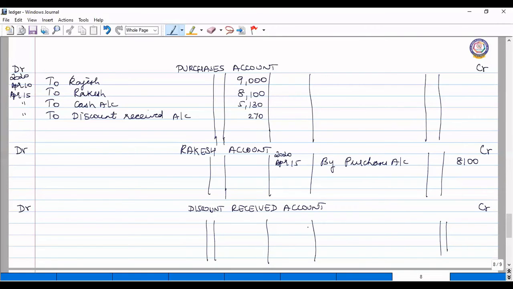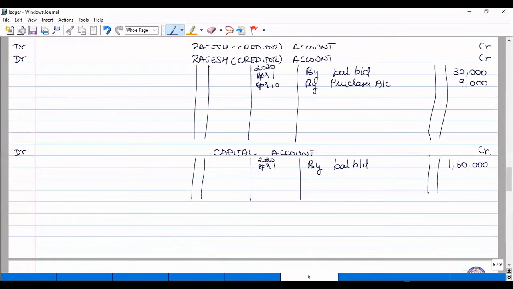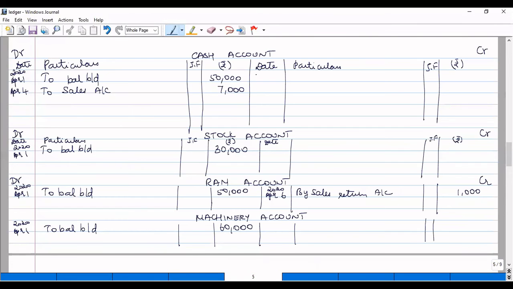Okay. And next we have an item called discount received on the credit side. So what is the reason for the credit of this discount received? It is because we have purchased. So by purchases account, 270 is the discount received. Now coming to cash account, we have paid cash and we have credited cash, isn't it? So now we'll come to cash account, and on the credit side, we will mention this decrease in cash is because we have made purchases. Okay, how much is the amount? 5,130. Okay, now that April 15th transaction is over.